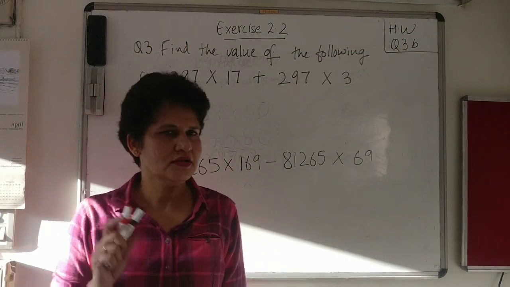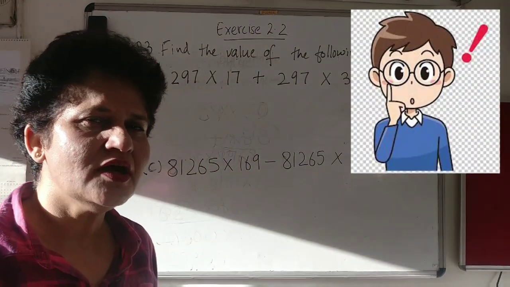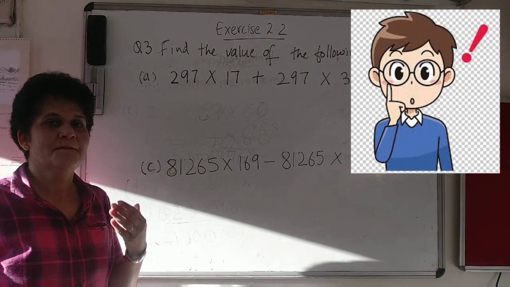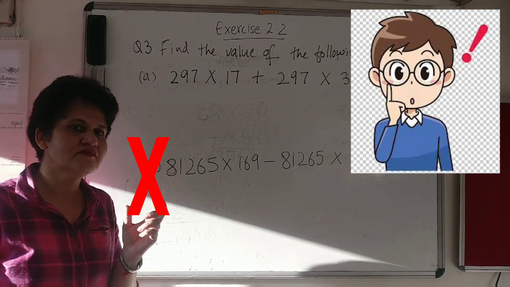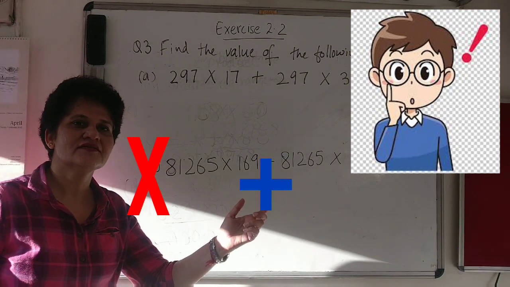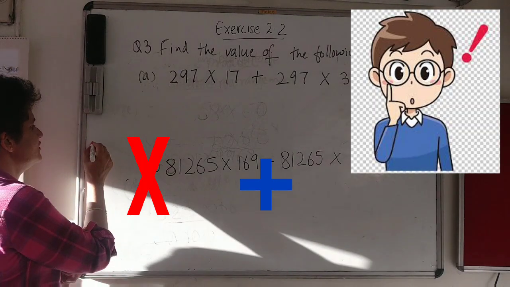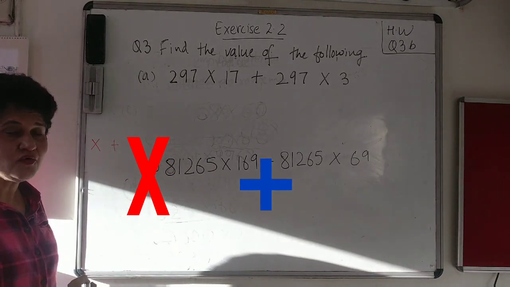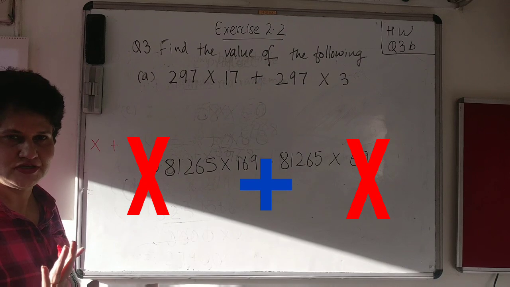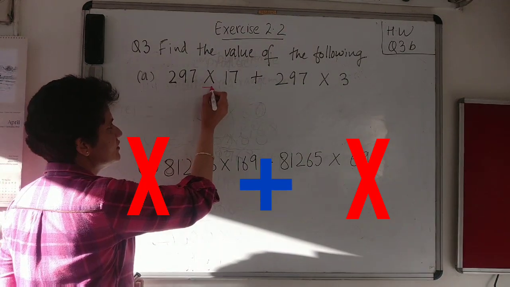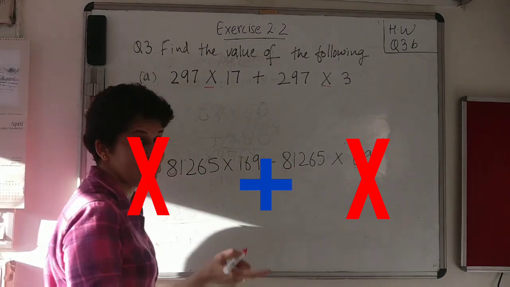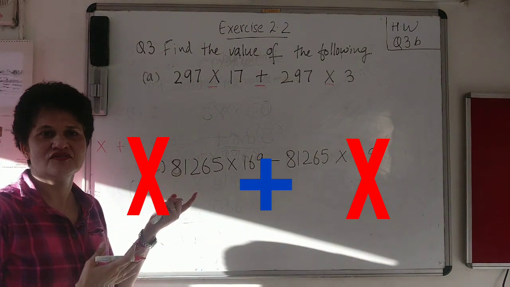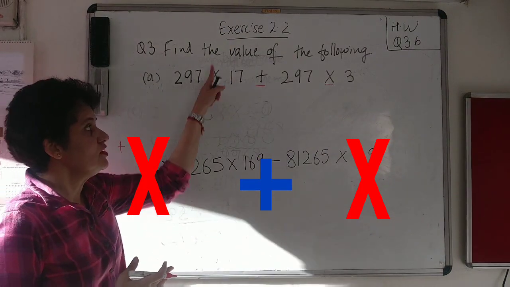Now, first of all, looking at the question, we have to understand how we come to know which property is going to be used here, right? For the distributive property of multiplication over addition, you see I'm saying the word multiplication first, and after that I'm saying the word addition. The sign for multiplication is this, the sign for addition is this. So in your question, clearly you will have both the symbols. The trick is clear. If I have a multiplication here and a multiplication there, and in between these two you get a plus sign, can you see? Then this question is a distributive property of multiplication over addition.